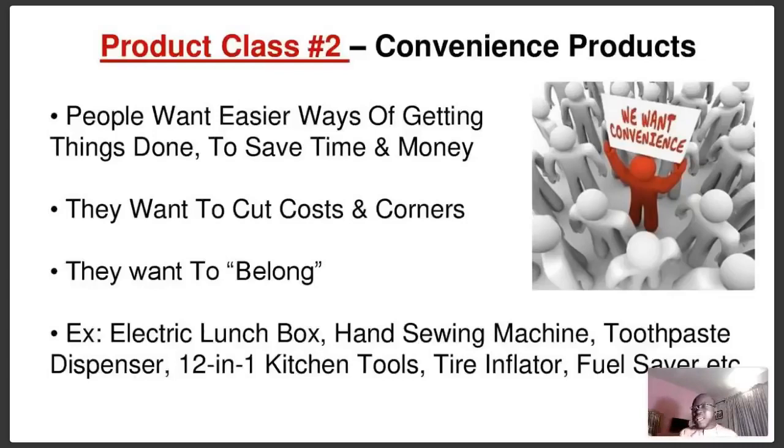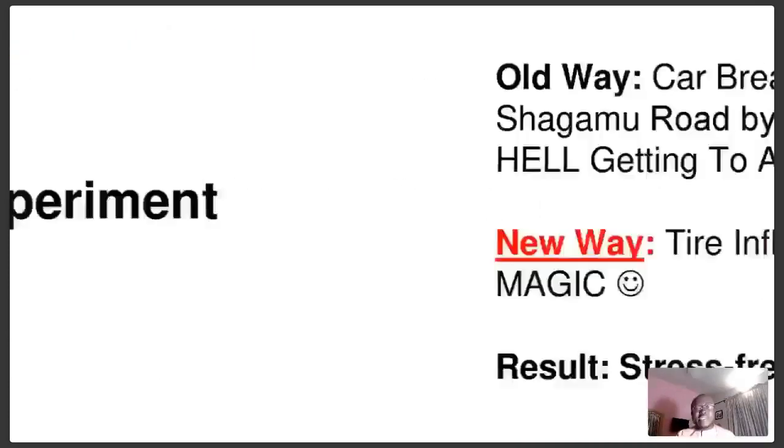All right, something, a machine you plug into, I don't know what they call it, that place you plug the cigarette lighter thing in your car, and it can help you pump your tire. All right, fuel savers, right? Fuel savers. Now, as an experiment,